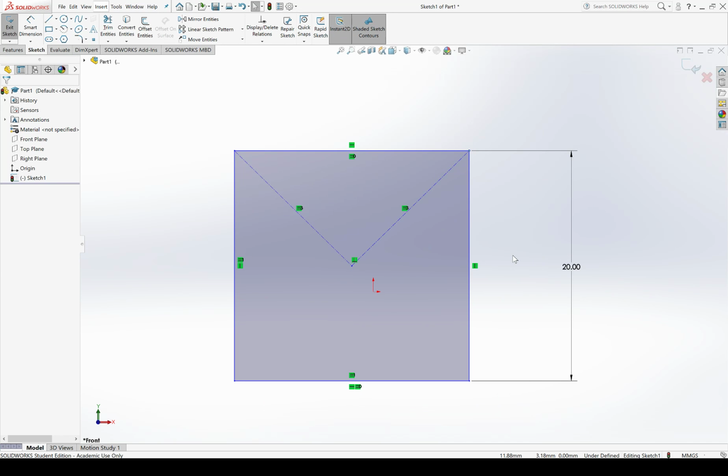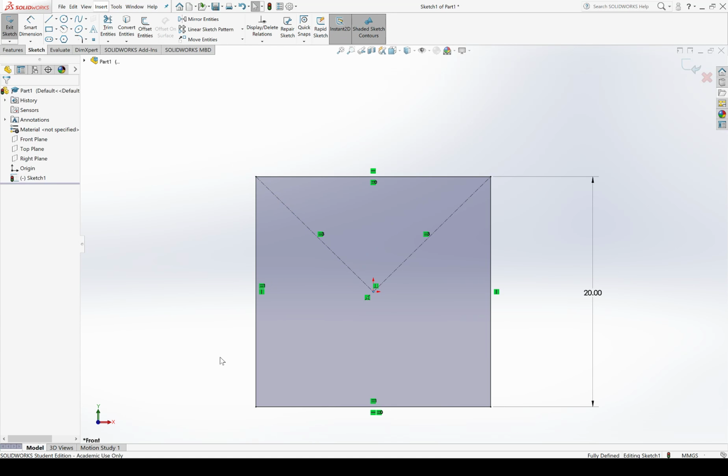Now, that forced relation on those two construction lines has not actually clicked on the origin. Okay, so what I did there was I made two lines that are perpendicular and equal to some arbitrary point that isn't the origin. The way that I correct that error that I totally made intentionally as an educational opportunity is by clicking on the origin, control clicking the intersection of these two lines, and then saying coincide or add the coincident relation. Coincident means touching for the purposes of these sketches that we're creating.